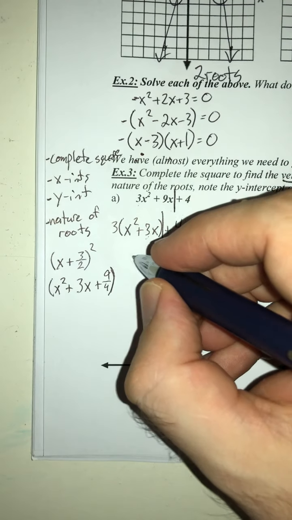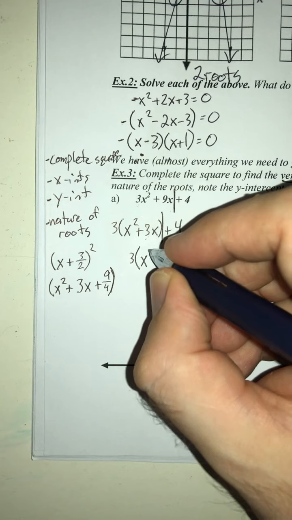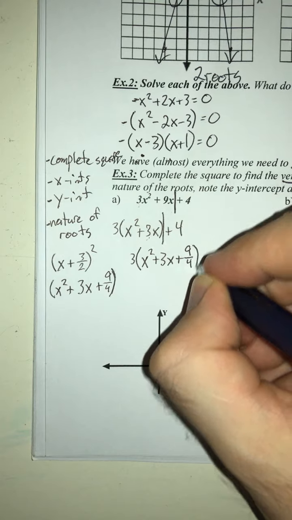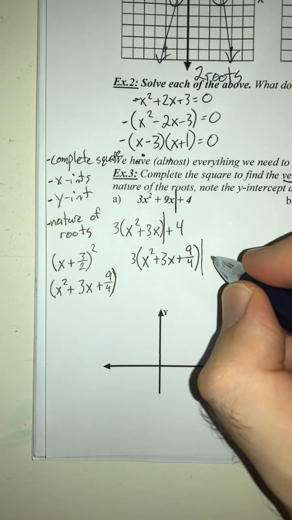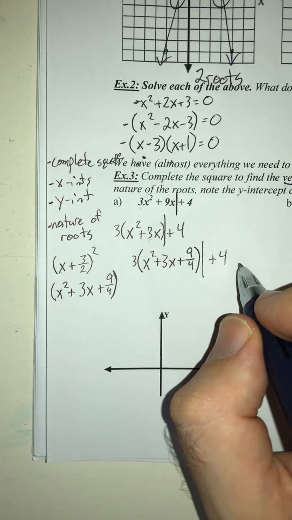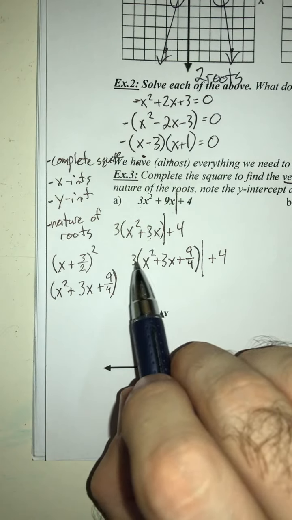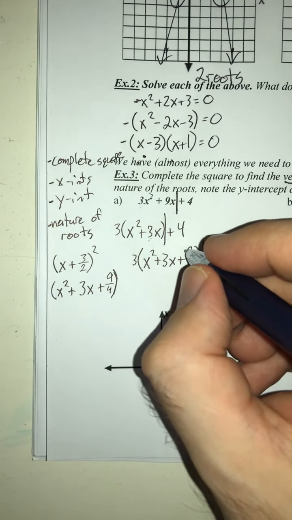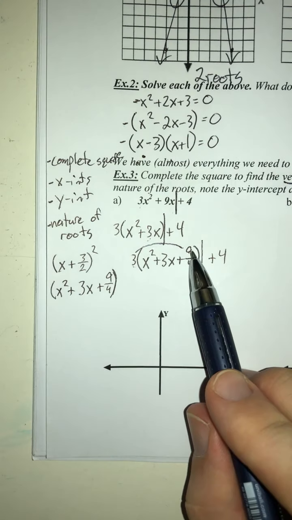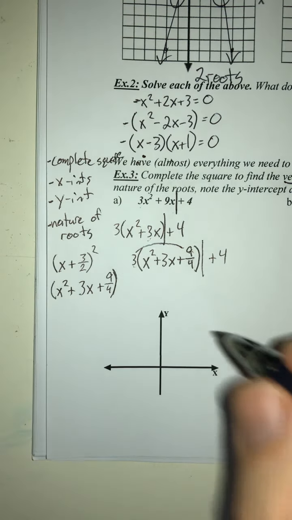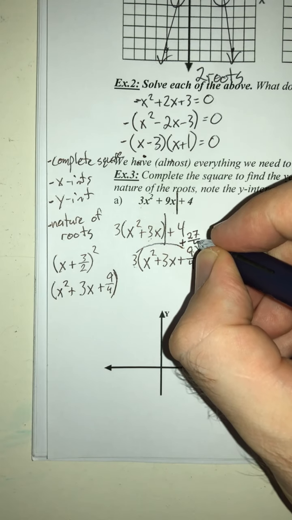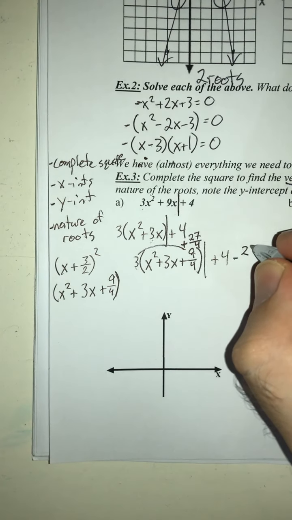Plug it back in here. So we've got 3x squared plus 3x plus 9 over 4. And I need to figure out what I did on this side of the equation so I can cancel it out on this side. So what I did is I got 9 over 4 times 3, so I'm multiplying these two things together to try and figure out what that is. So 3 times 9 gives you 27. 27 over 4, you can't simplify that. So I added 27 over 4. So here I need to subtract 27 over 4